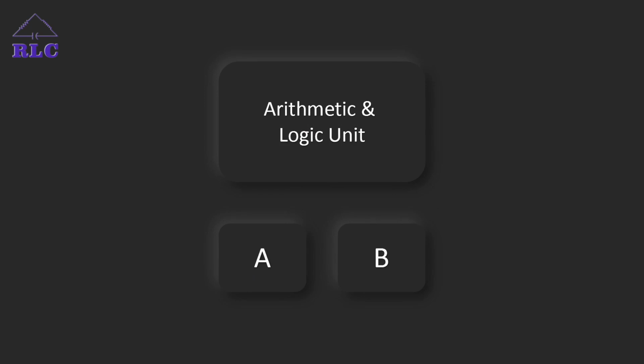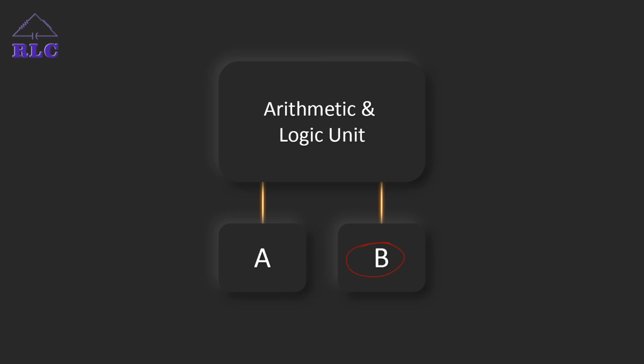We have an accumulator which is connected to the arithmetic and logic unit, which helps in all arithmetical and logical functions. Along with this accumulator, there is a B register here, which also helps to perform a few arithmetical operations. Say, for multiplication and division, we may need to store more than 8 bits of data. So the ALU uses the B register with it, and it is also connected to it.